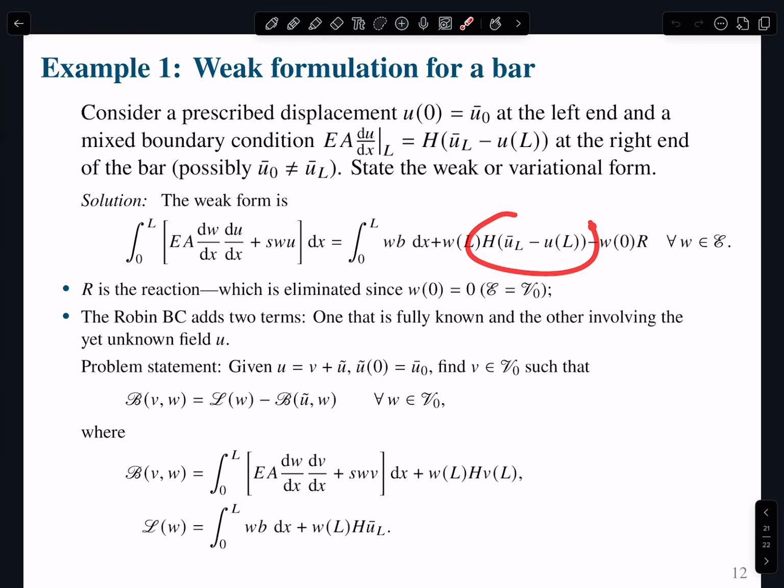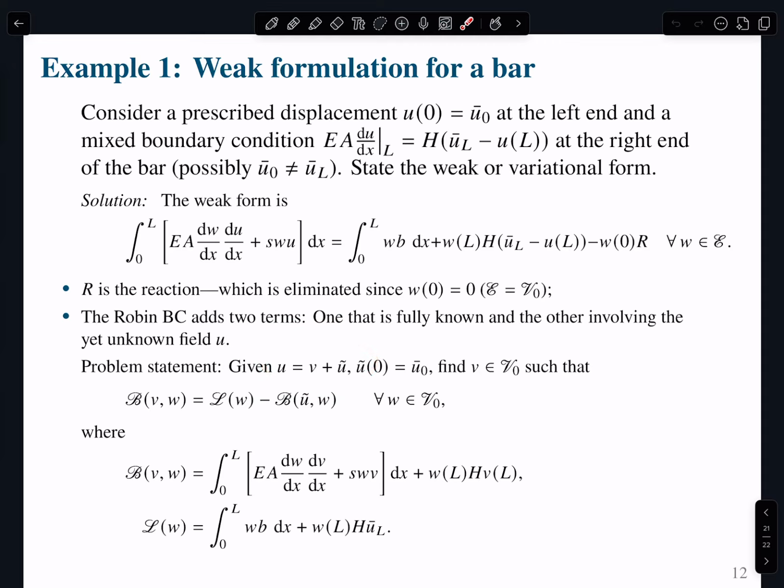If you notice, the Robin boundary condition has two parts. One is the one that you want to prescribe, right? To the left, to Earth, this is what I want to be 1 centimeter. There is one that is unknown, and essentially the one that is unknown becomes part of the bilinear form. The one that is known, again, everything that you know goes to the right-hand side, and it changes our linear form. And that is why in the end, we write the statement of equilibrium like this.